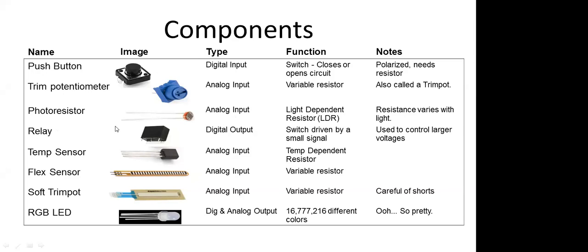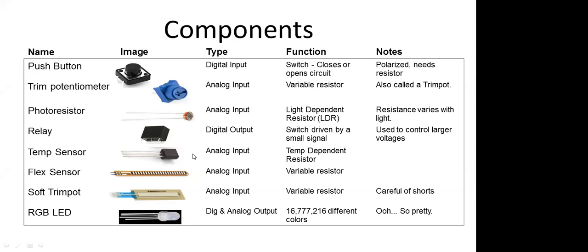This one is a relay. With the help of that you can control an AC appliance. So you can control an AC appliance using this relay module. How you can use the AC appliance over here, I will let you know. Then, the temperature sensor, with the help of that you can read analog input. The relay is a digital output, so you can give only digital output with this relay module.